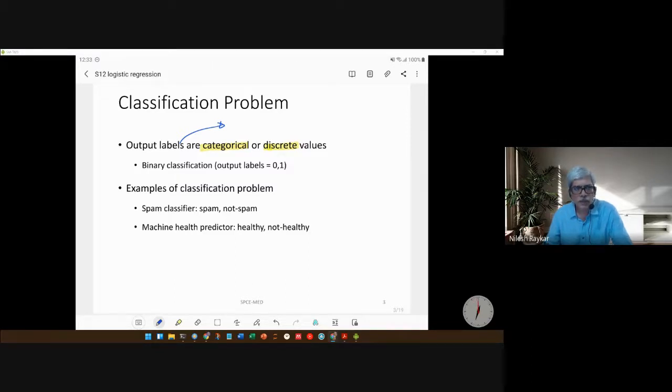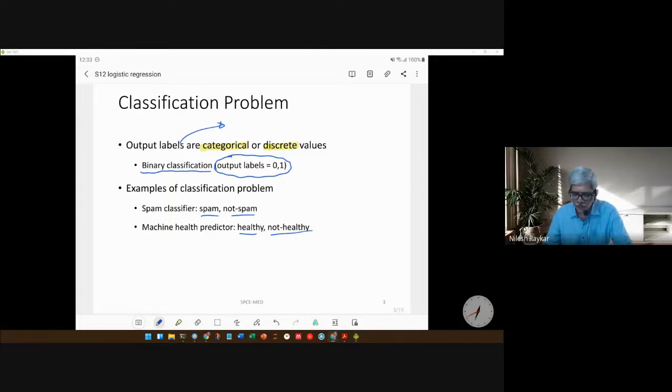The type we are discussing here is called a binary classification problem. As the name suggests, a binary classification problem has only two labels. So it could be spam or not spam, as in the examples given here, or if it is a machine health problem, healthy or not healthy. Or if it is the condition of the road, good or bad, and so on. Logistic regression is one of the binary classification algorithms. These algorithms can still be used for multi-classification. How to do that, we'll see at the end of the lecture.